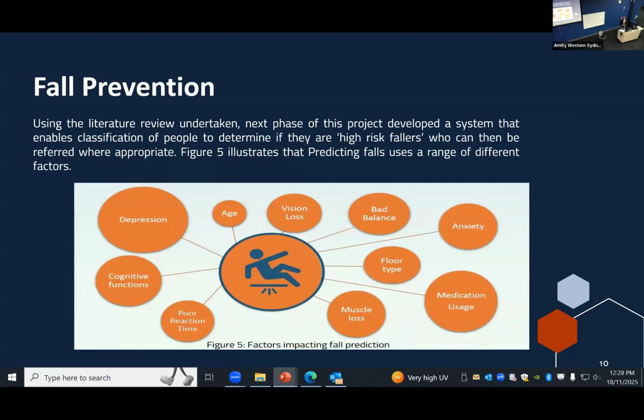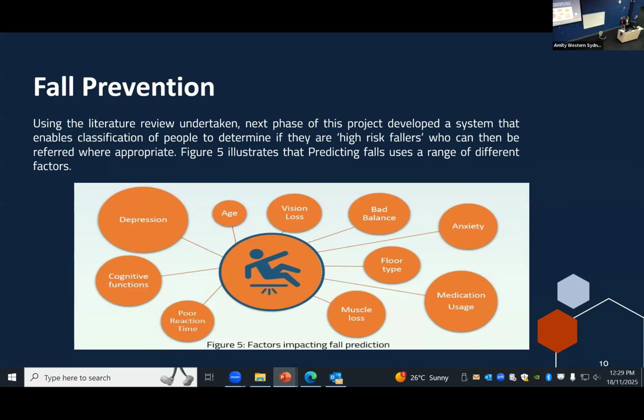Not only that, you can also use cameras, and cameras are big issues because you all are worried about privacy and security, but wherever we go, there are cameras. Here you're sitting, there are cameras monitoring you. So here is the issue with fall prevention. That's really how we can solve some of the issues in this area, not just by predicting falls, because that's too late after the fall. If the person survives, it's just a very expensive and very difficult task in front of the person and whoever is supporting that person.